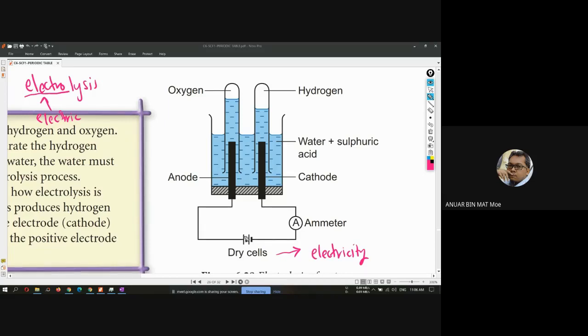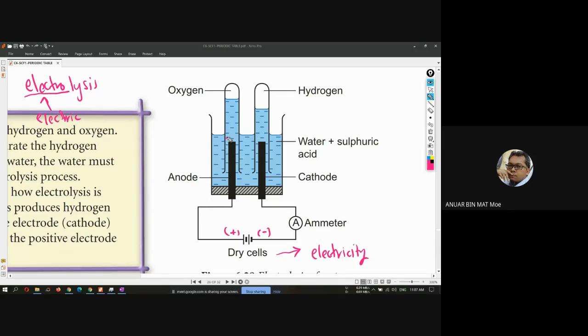The longer symbol of the battery here means positive, and the shorter symbol here is negative. Okay, and then you connect the battery to the carbon rods, and when you switch on the power,